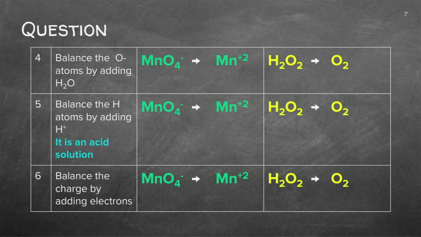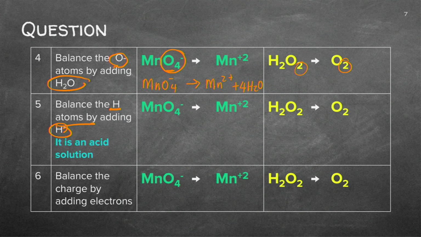Now, we're going to balance the oxygen by adding water. Now, you see here, I've got that oxygen there, so I'm going to add to the other side. How many waters? Can you tell me? If I've got 4 oxygen there, I'll have to have 4 waters added there. On this side, I have 2 and 2, so that's fine. I don't have to balance that with the water. Now I'm going to balance the H atoms by adding H+. So let's see how we're going to do that.